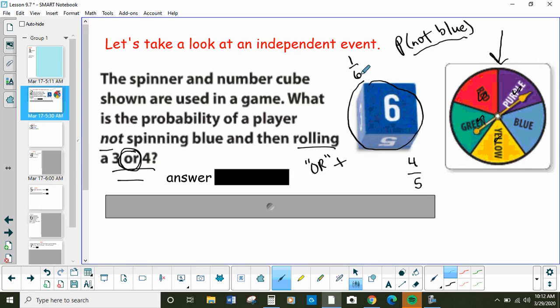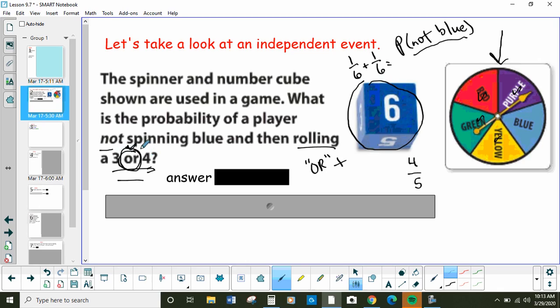So it should be 1 over 6. 1 over 6 chance of rolling a 3. But they say the word or. So it could be a 3, or it could be a 4, right? A 4, how many 4s are there? 1. How many sides are the total? 6. So when they say or in a probability question, you're adding these two because there's a 3, there's a